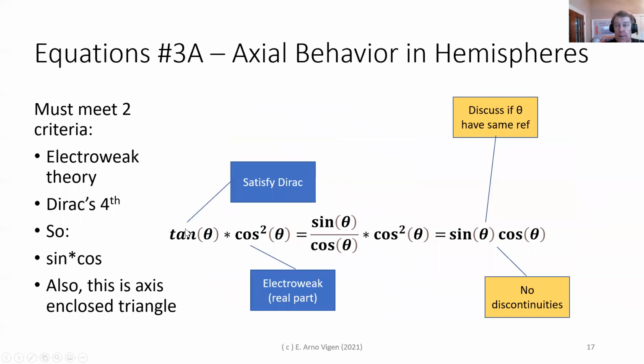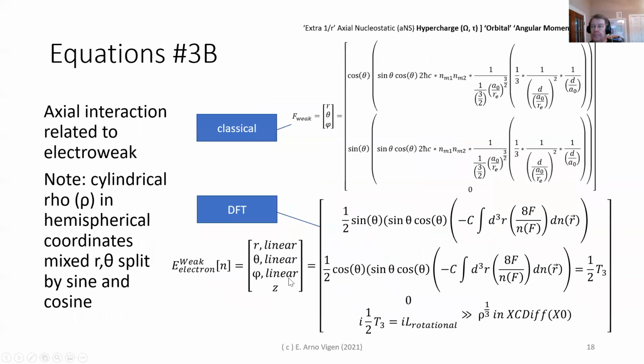So as a result, we've got to satisfy Dirac, we've got to satisfy electroweak, but that tangent is really sine over cosine, which means that I can use this equation ultimately, and I have no discontinuities, and I will satisfy both equations. As a result, I get the axial direction as this sine cosine,